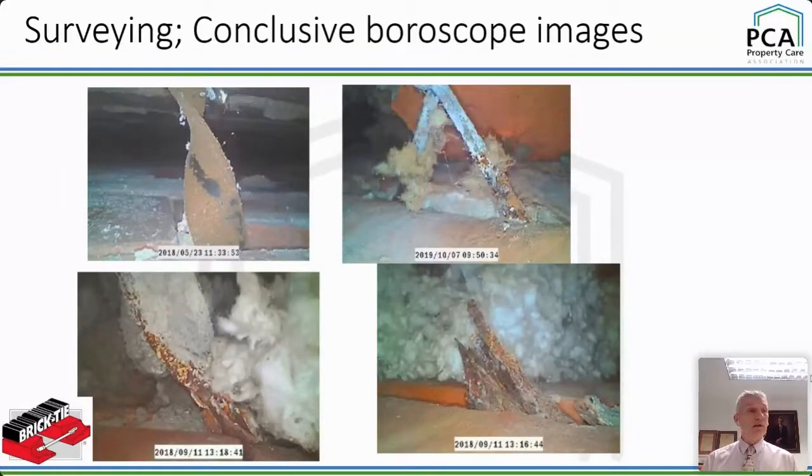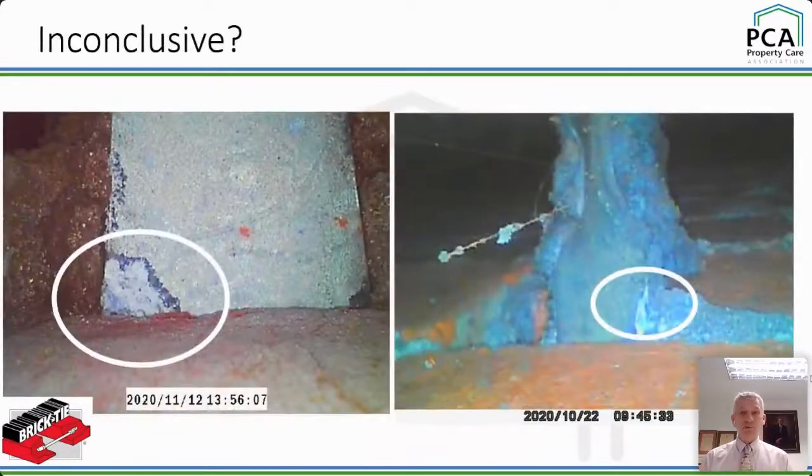Back in the day, that is all we basically used, but a boroscope can be very misleading, and I'll just go on to that here. So here we've got a boroscope view of two ties, all right? On the left-hand side, we've got a galvanised tie. On the right-hand side, we've got a galvanised tie. Different ages. Actually, the left one's post-war. The right one's pre-war. The right one's also in a black ash mortar, if you're keen to look at that. You see there's a black ash mortar there.